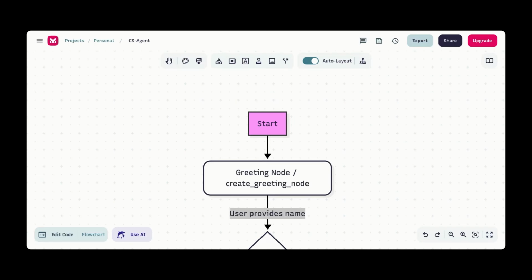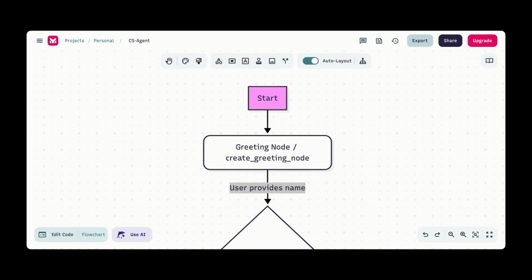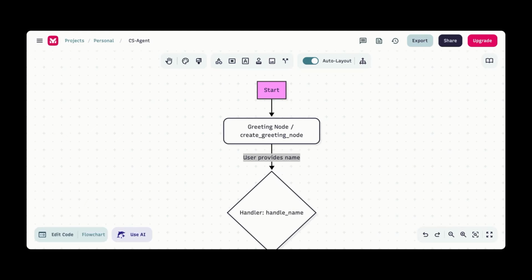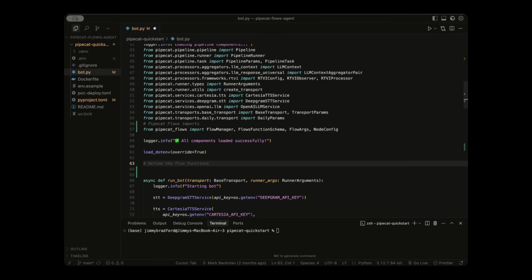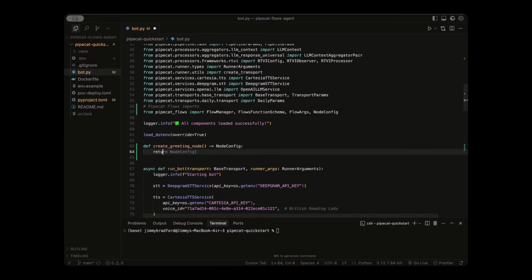All right, so now we're just going to create our first node, which if you can remember from the flowchart is this create greeting node. So let's go back to the code and I'll show you how to do that. Okay, so first step is after we load the environment variables, we're going to create a new function that is create_greeting_node. And this is going to return a node config or a blueprint for what the node is supposed to do. We can go ahead and write return node config, and then we can start defining the